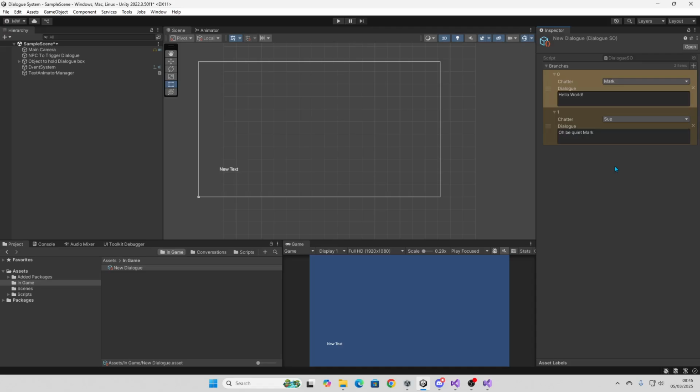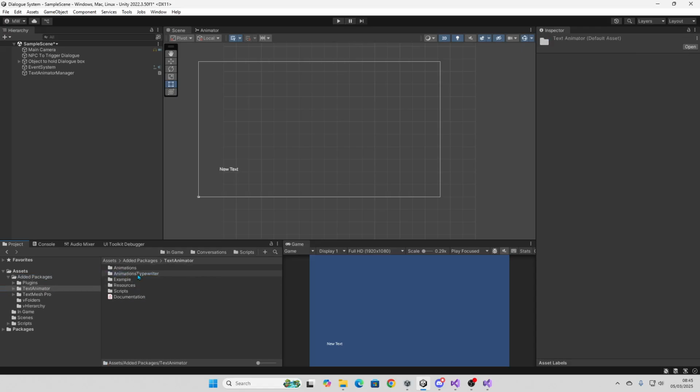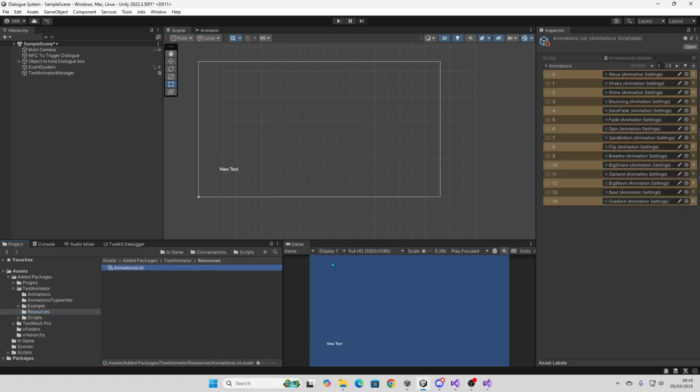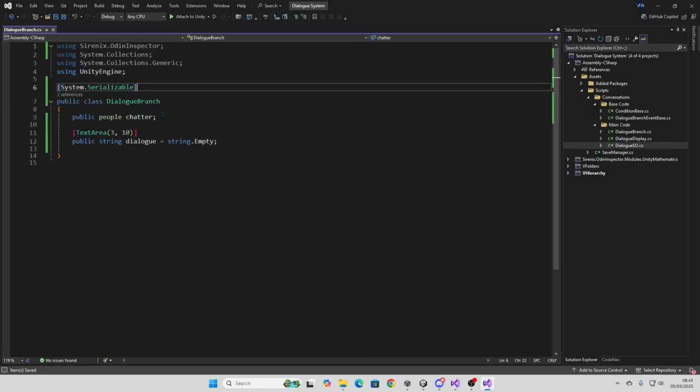Mine is going to be more complex because I want to have text effects on it, and those text effects are going to be, as I said before, text animator. Where is it? No. Resources. Right. I want wave, shake, and bouncing. So those three things I'm going to have to create here, and I'm going to want it as a drop-down list. So